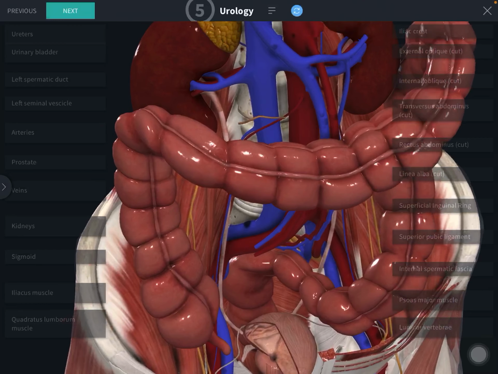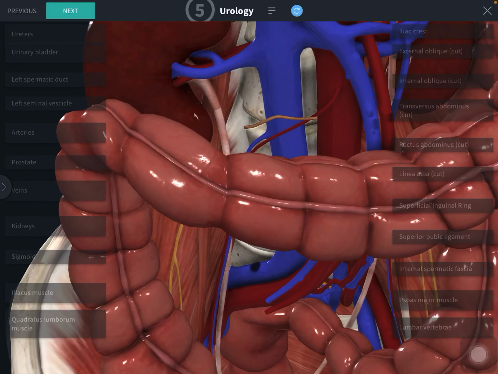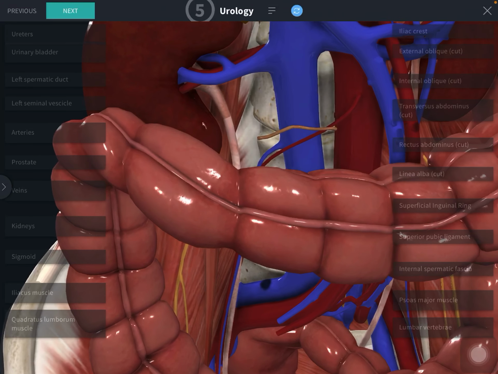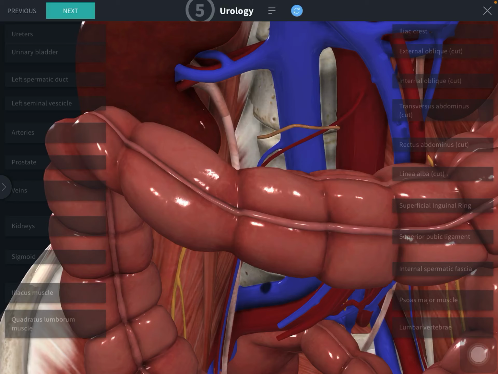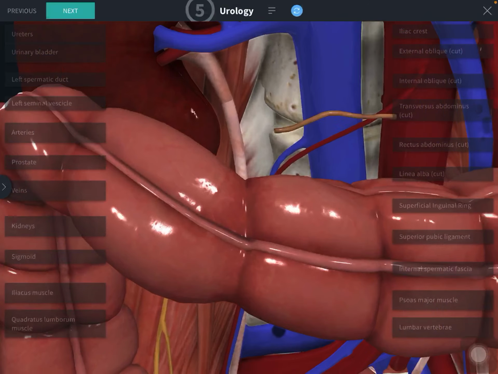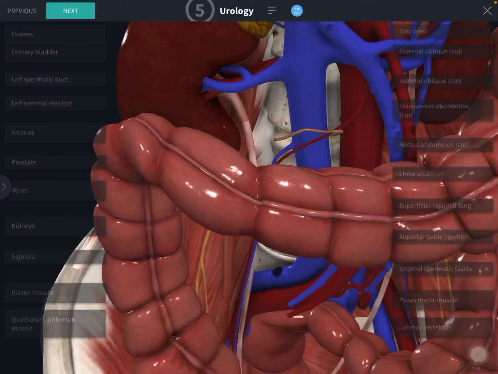Pelvis of the ureter is a funnel shaped dilatation of the upper part of the ureter and it is formed within the renal sinus by the union of the major calyces. The pelvis passes downwards and medially through the hilum. In front it is related to the renal artery and the renal vein and is continuous with the abdominal part of the ureter at the lower end of the corresponding kidney. So up to that it is called pelvis of the ureter. Capacity of the pelvis is about 5 to 7 ml. So we have completed the pelvis of the ureter, that is the first part.